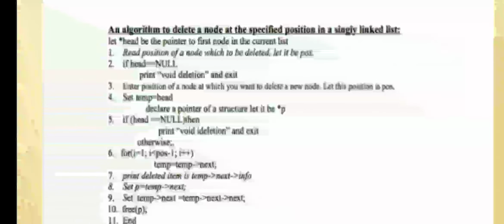Next, how you are going to delete a node at a given position in a linked list. Suppose you want to delete a node at a given position, then we have to check whether the linked list is empty. If it is empty, then we cannot delete it. Suppose it is not empty, then we have to select a particular position. Then we have to note that if head is equal to null, then deletion, then exit. Otherwise, we have to increment the node by using I equal to 1,